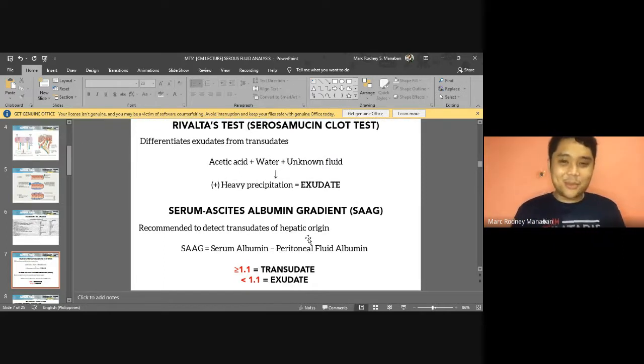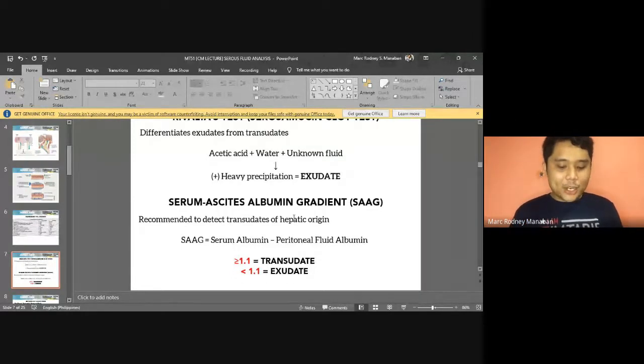Next, you have the SAAG, again, which is ang difference lang na result. So it's recommended to detect transudates of hepatic origin. So example, SAAG, serum albumin minus peritoneal fluid albumin. So if it's greater than or equal to 1.1, that's transudate, okay? And if it's less than 1.1, that's an exudate, okay? So therefore, kung less than 1.1, meaning sa imong equation, dapat mas dako ni siyang value compared to ani, okay? So therefore, mas daghang proteins na sa peritoneal fluid kaysa sa serum. Whereas for transudate, greater than or equal to 1.1, mas gamay ang protein na nasa imong peritoneal fluid because that's a